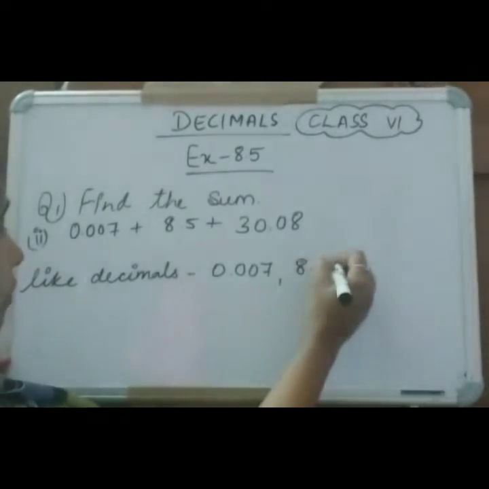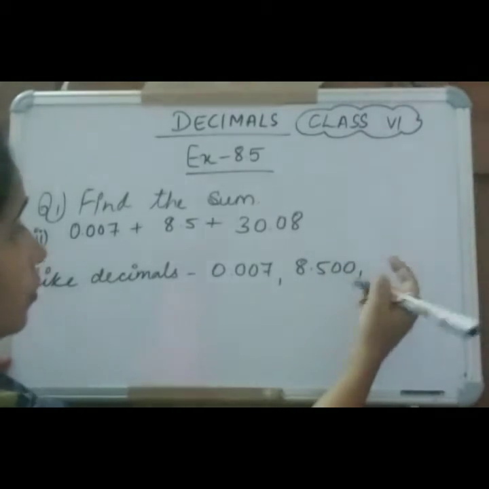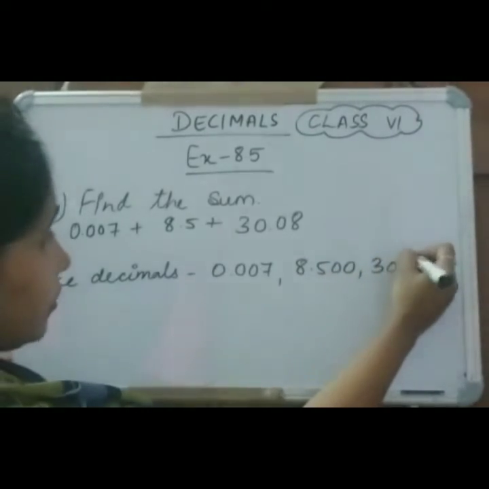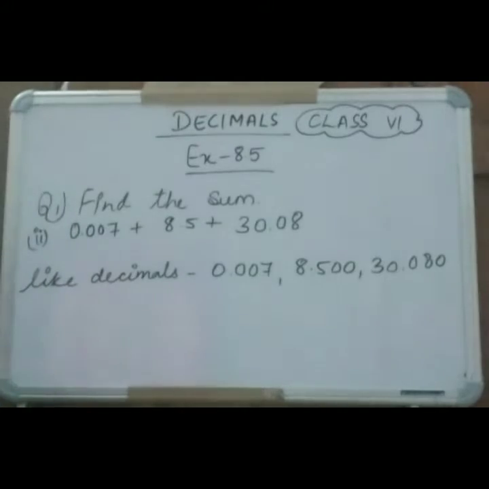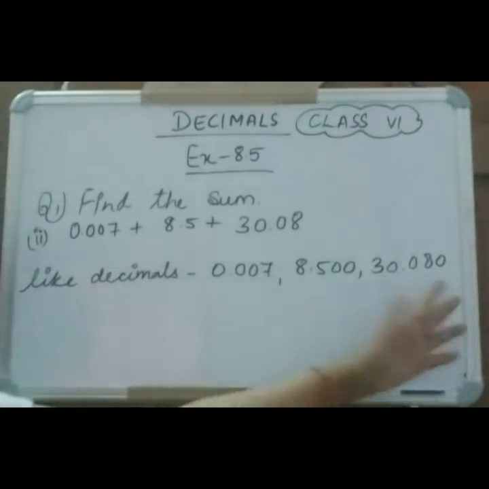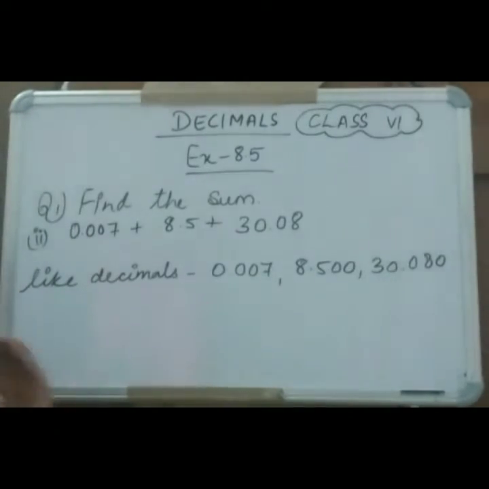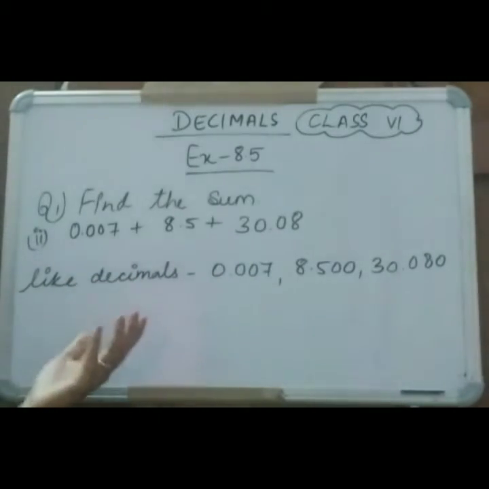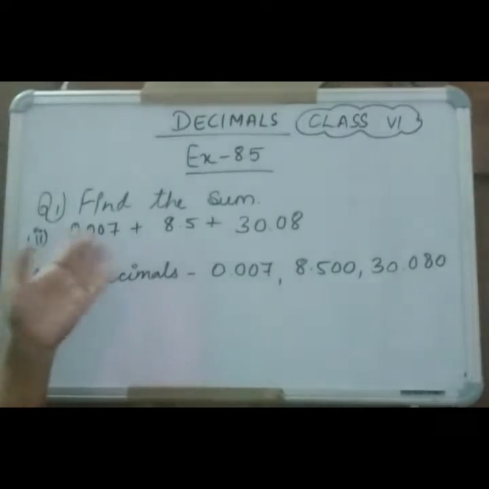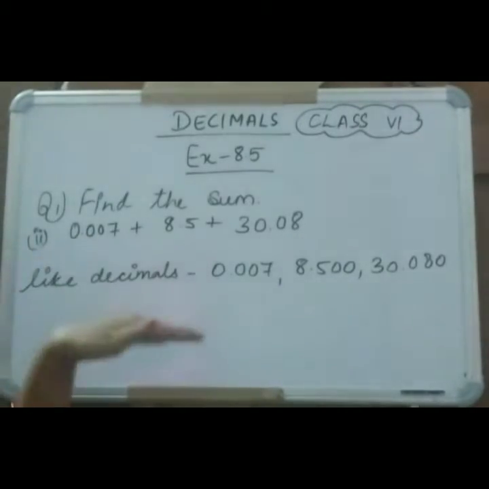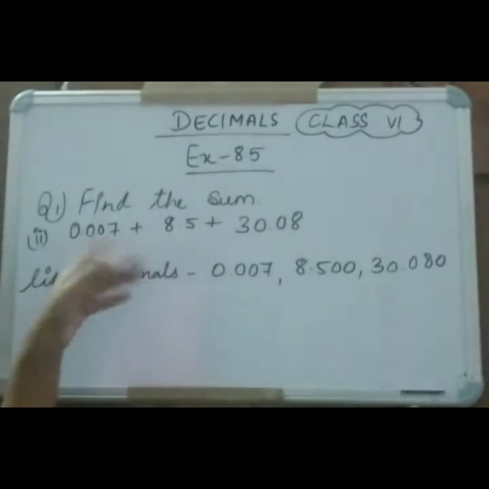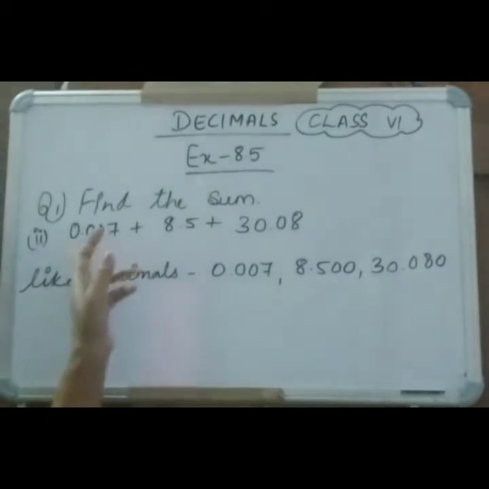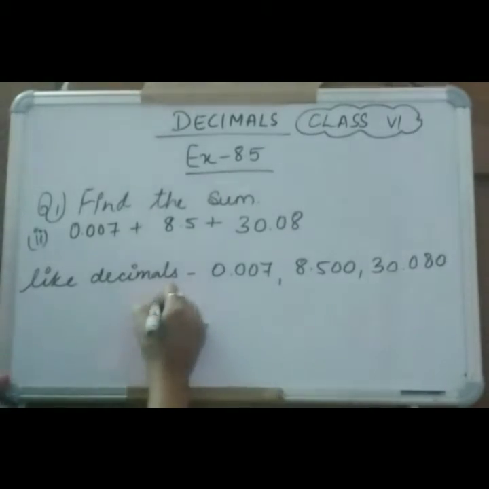Here we will check this one. We will convert it into 3 digits after the decimal place. Okay, so here all are in 3 digits. So you have to remember this thing. You will check what is the largest number of digits after the decimal. So here the largest number of digits after the decimal is 1, 2, 3. Here it is 1, here it is 2. So we will convert all of them into 3 digits. Okay, so now we will add them.